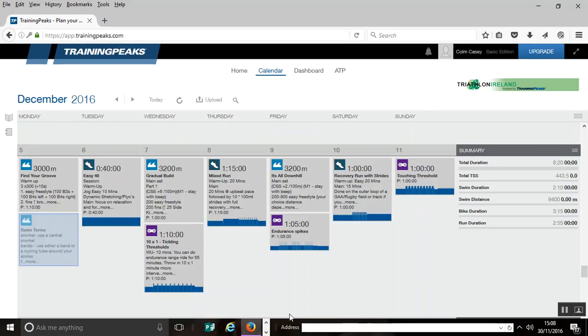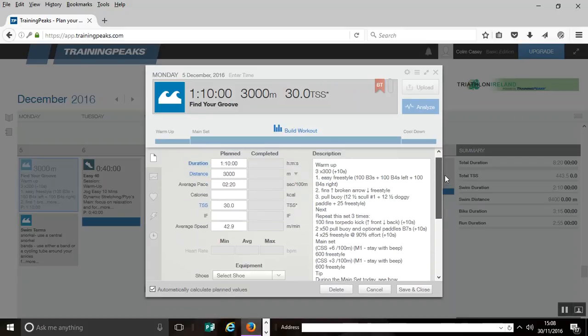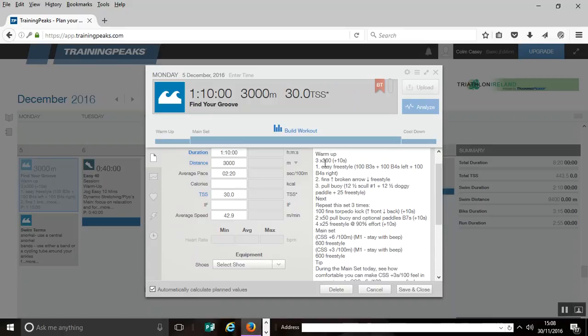The next thing you need to do is understand how to read one of our sessions. So in swimming, we don't use the workout builder because we're prescribing by training stress score. We're prescribing by critical swim speed, not training stress score. So effectively what you have in here is your typical description of a workout. You've got your warm up, 3x300s plus 10 seconds, which would mean 3 times 300s with 10 seconds rest between